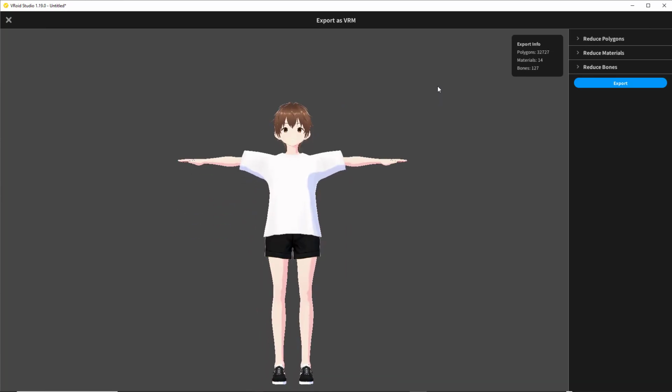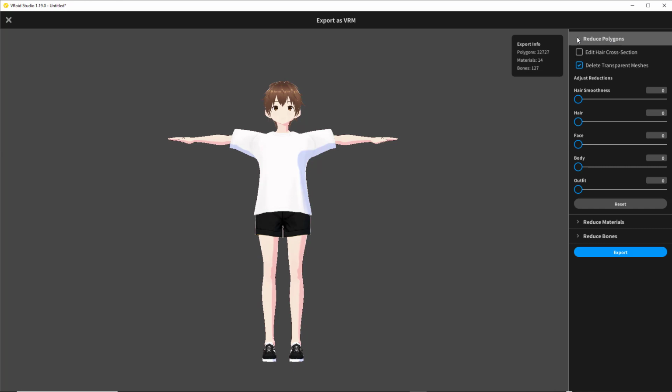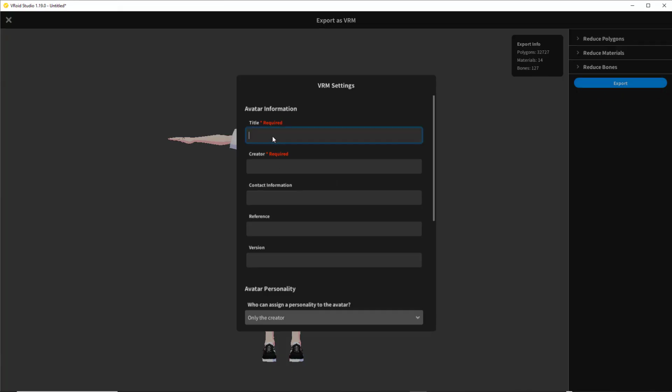All right, and here's our character. We don't want to reduce polygons. Just leave it as is. Reduce materials and reduce bones. No. So we're going to export that out, and just going to put in a title something like, if you're